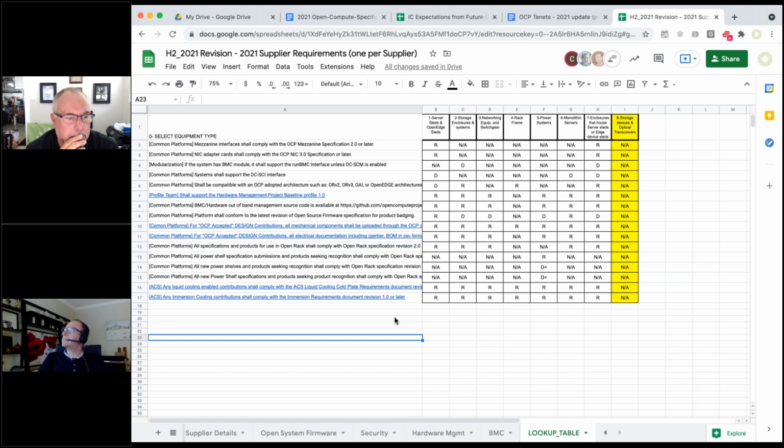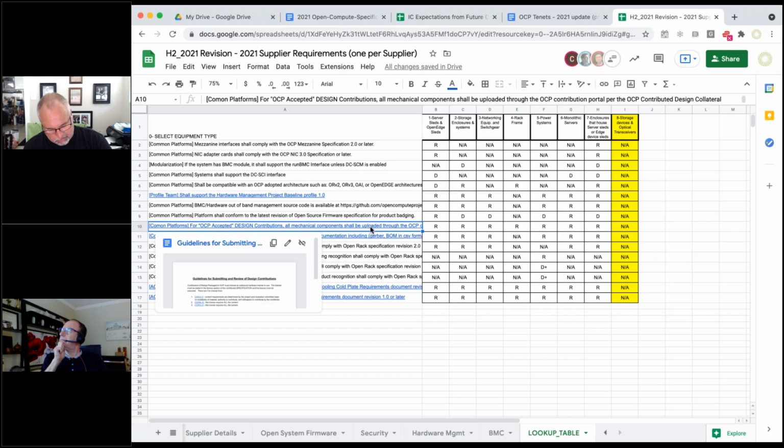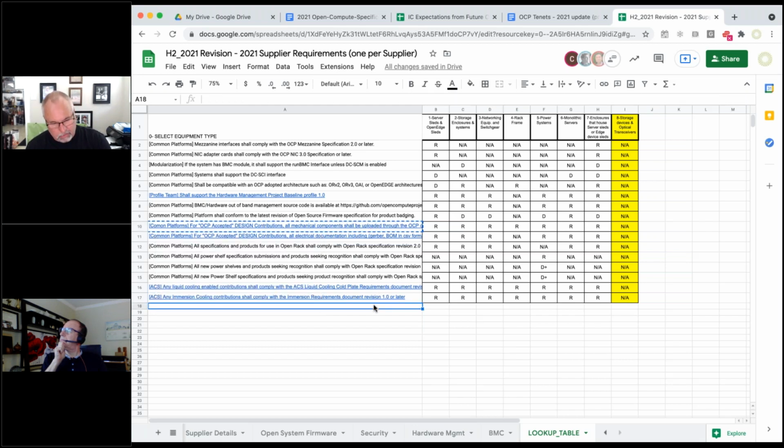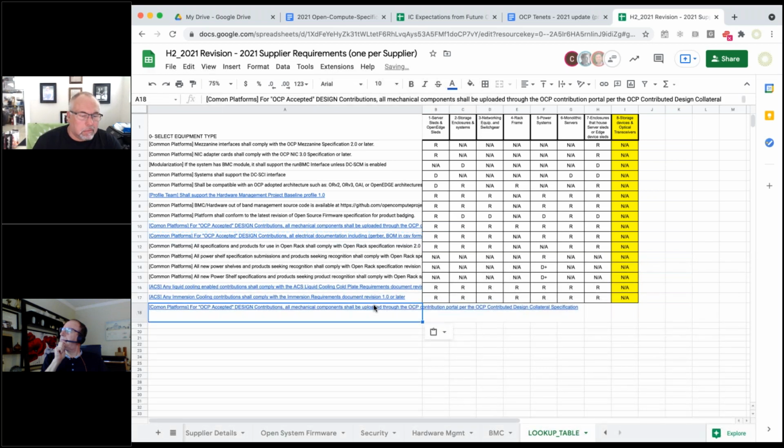It covers exactly what you're trying to do, that it should comply with whatever the generic specification is for that particular component to make sure it plugs in and works. But we ended up removing it because it was so broad it didn't really mean anything. Right. Well, we can figure out a way to write it to do what you're trying to get it to do. We try to do the same thing.